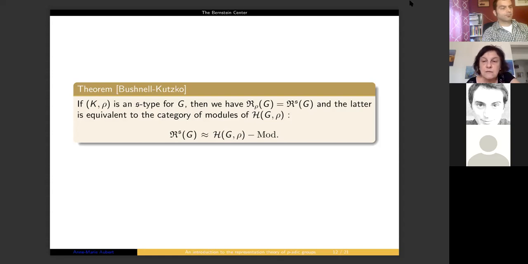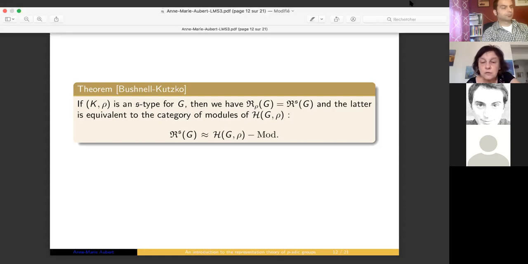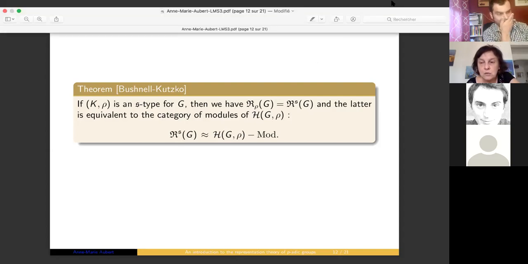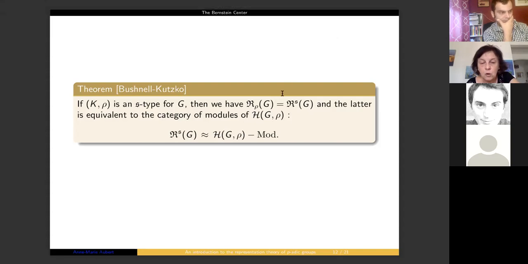So in order to understand this category R_S of G, you have two ways: using the Bernstein progenerator or using the theory of types. Using this, you also can define a progenerator, and this theory gives essentially the same result in the case where the type